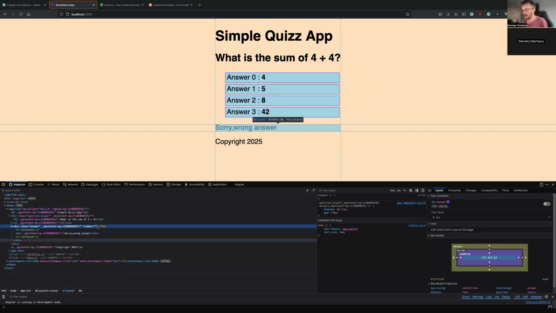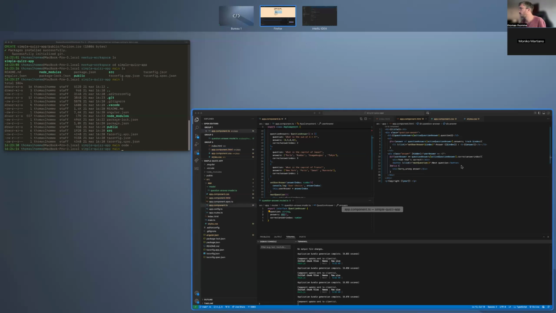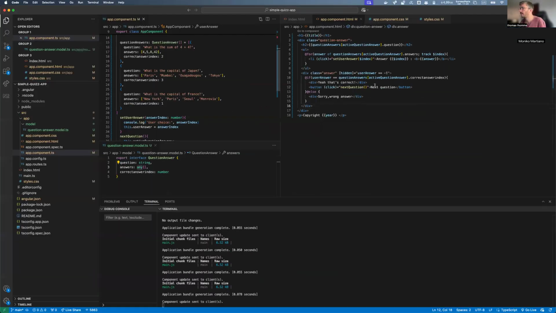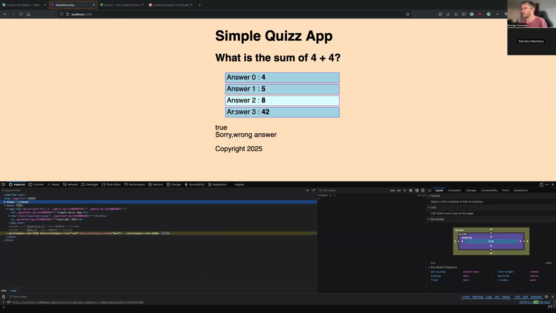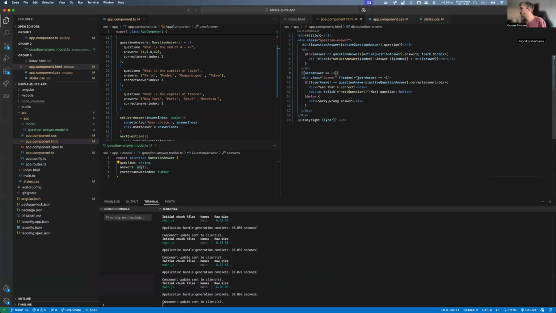Answer hidden. Oh, that one is a true or false. There is something weird here. Hidden user answer. What? So one thing you can do to debug is to display what this expression is returning. Display this, right? So you can see we have a true, so it should definitely be hidden.